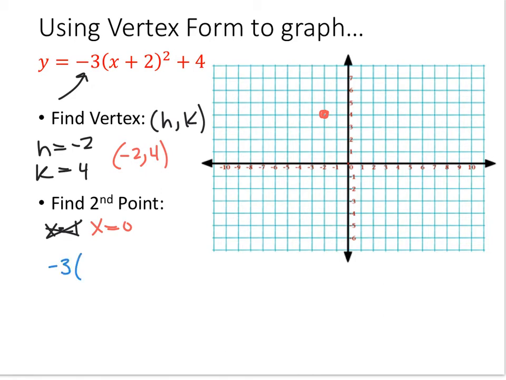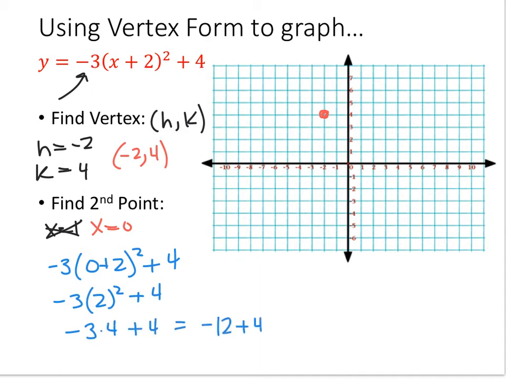So negative 3 times 0 plus 2 squared plus 4. So negative 3 times 2 squared plus 4. That gives me negative 3 times 4 plus 4, which will be negative 12 plus 4, which gives me negative 8, and I'm still kind of off the graph there, but that's okay. And so here I get negative 8, and so when x is 0, y is negative 8,